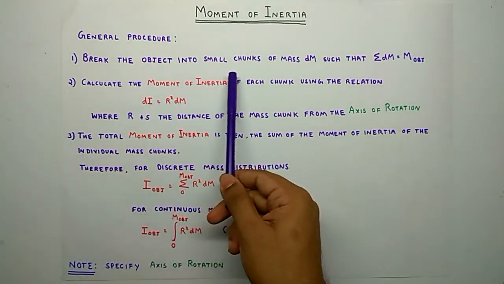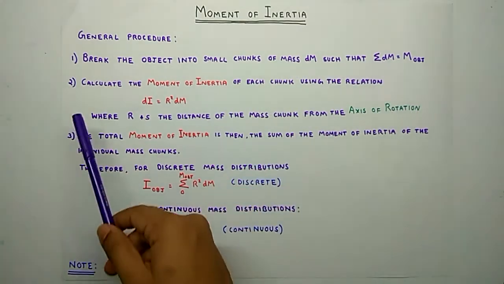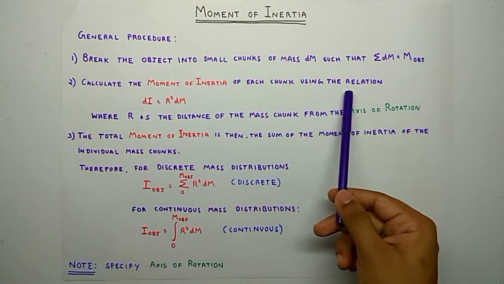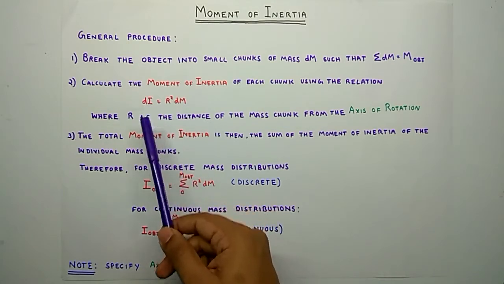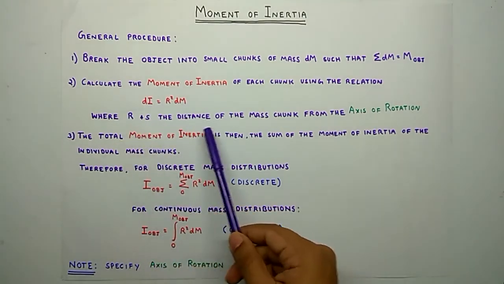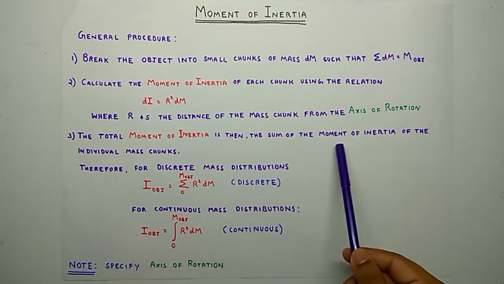First, break the object into small chunks of mass dm such that the summation over all dm is equal to the mass of the object. Then find the moment of inertia of each mass chunk with respect to the given axis of rotation. Call this dI, which is equal to r squared dm, where r is the distance of the mass chunk from the axis of rotation. The total moment of inertia can then be calculated by summing up the moment of inertia